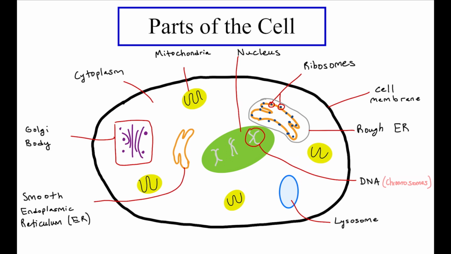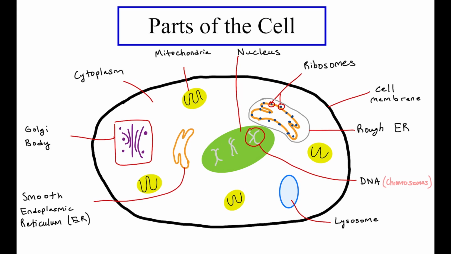So this is where we are going to take each part of the cell and then we're going to label it with the job it would do in a city. So the first example we'll look at is a cell membrane. So the cell membrane is a lot like the fence of a city. It keeps everything together, and very similar to a fence actually, the cell membrane has these little gates. So things in general cannot leave the cell membrane or enter the cell membrane, but there are little gates that allow small things to enter and leave the cell membrane.